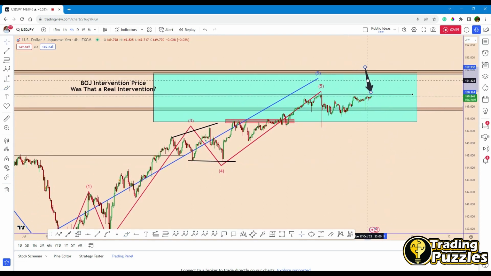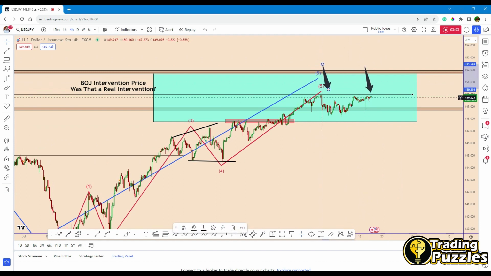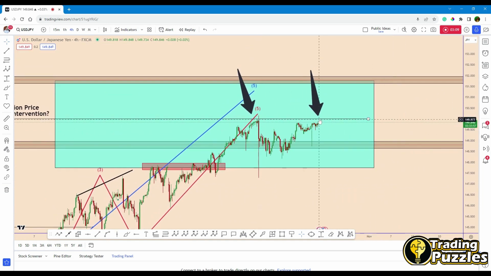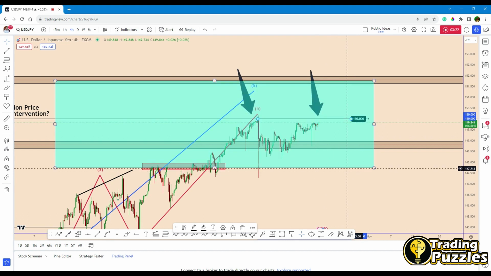I'm looking at it from this perspective, considering that the Bank of Japan may react very fast during these moments. Considering that USDJPY is already getting ready to test the top of the price, so it is getting ready to test 150 again, and probably it will create the same movement.